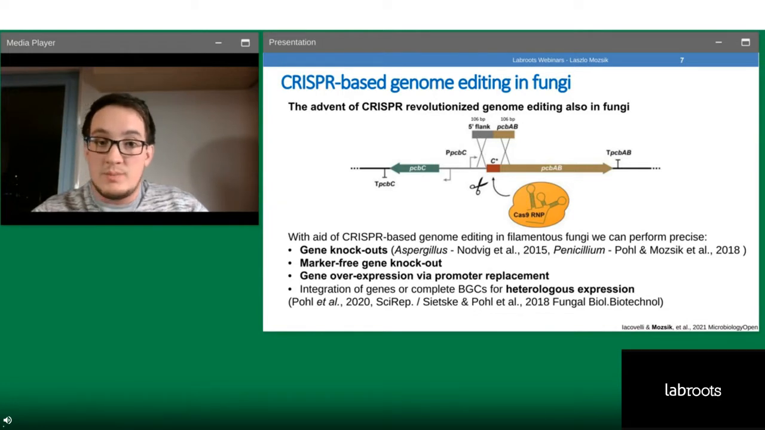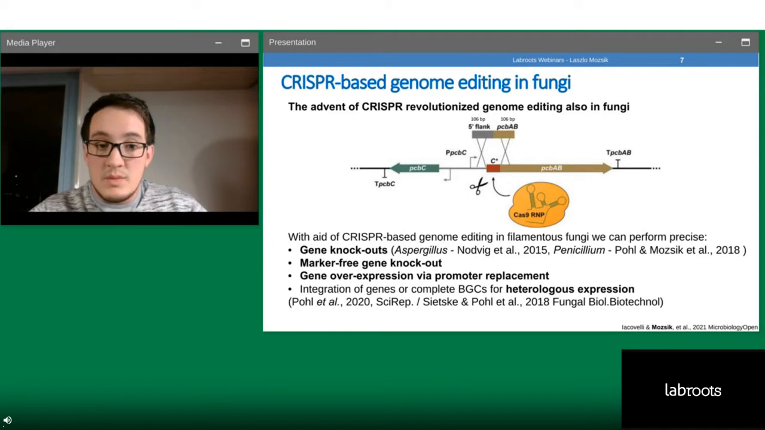With the advent of CRISPR genome editing in filamentous fungi, genome editing techniques have also been revolutionized. With the aid of CRISPR-based genome editing, we can now precisely and easily perform gene knockouts, marker-free or marker-based gene knockouts, and gene overexpression through promoter replacement, or it's even possible to integrate complete gene clusters and express them heterologously